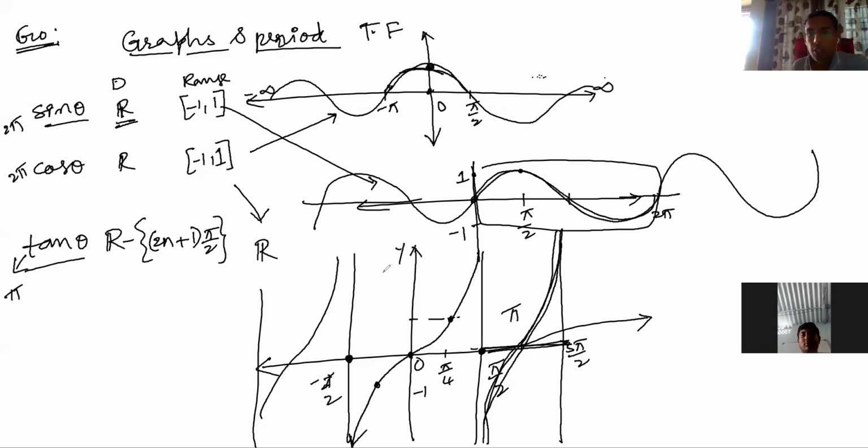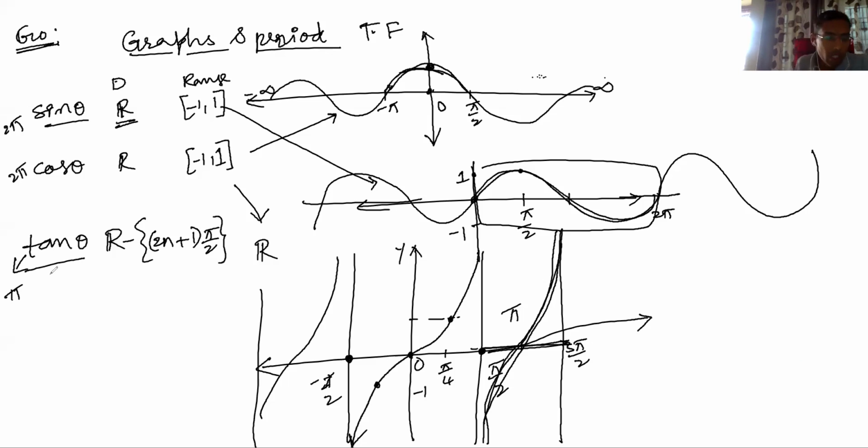All right. So the next we have is cot theta. We already discussed cot theta. What is the domain? Domain is all real numbers, but not n pi. I told you to complete trigonometry for this reason, so that you can understand this better. This is defined for all real numbers, but not for 0, pi, 2 pi, because sine is there in the denominator. What is the range? Range is all real numbers.